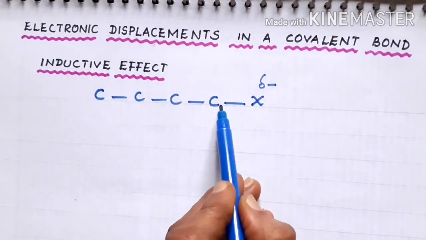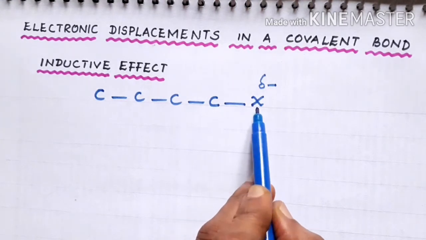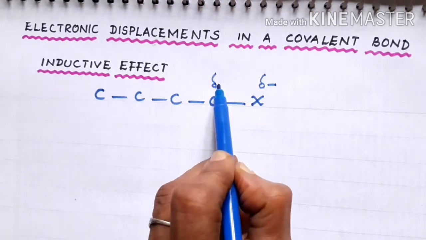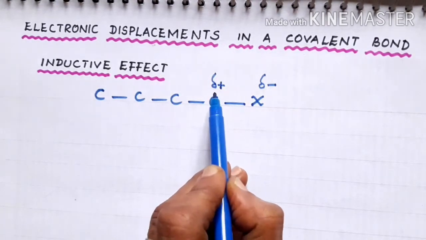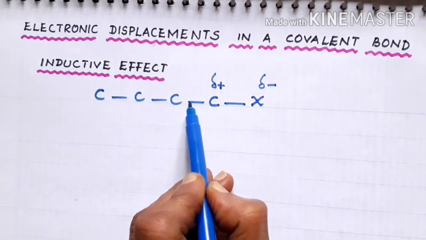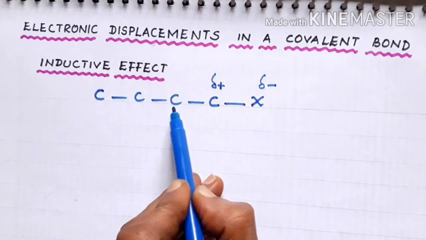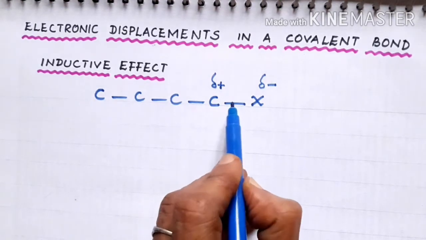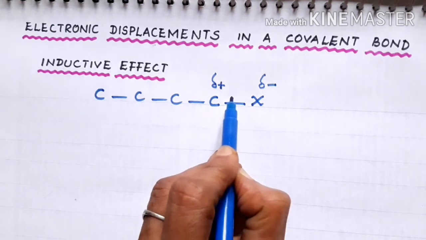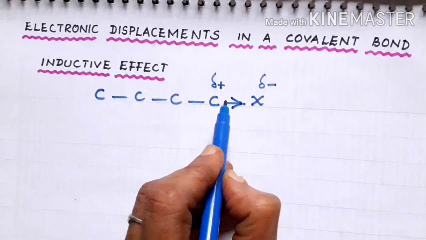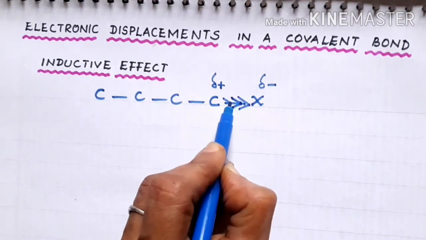As a result, the carbon which is attached to the halogen in turn develops a positive charge. Due to this positive charge on the carbon, the electrons that are shared with the neighboring carbon get shifted more towards it. So you find that the halogen will pull the electron towards it with greater force,